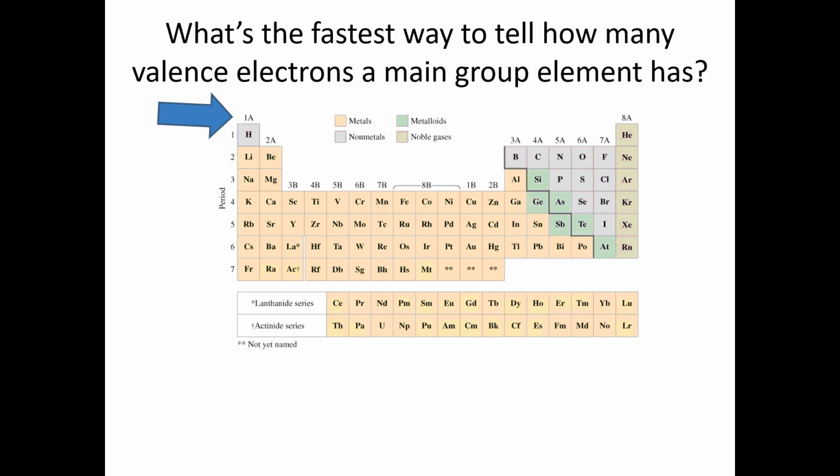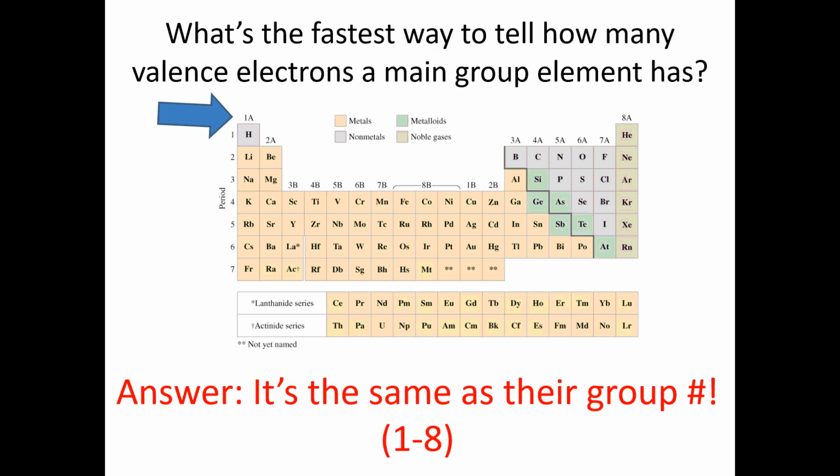How can you tell how many valence electrons? Remember, those are the electrons in the outermost shell a main group element has. Answer, it's the same as the group number. So all of these are in group 1A. They all have 1 valence electron. All of these